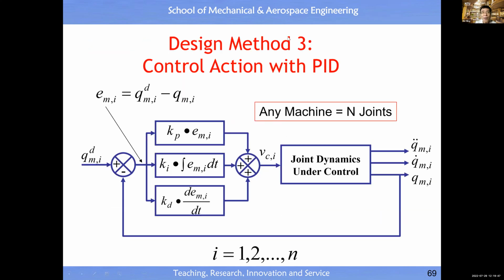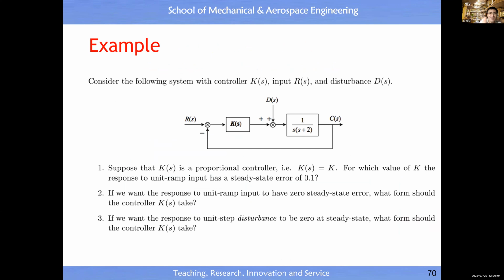So why do we call it a PID? Because this is proportional to error, this is proportional to the integration of the error, proportional to the derivative of the error. So you see proportion, integration, derivative. So it's a PID, all right? So like that. So I use this example to illustrate how to make use of a PID controller, okay, to